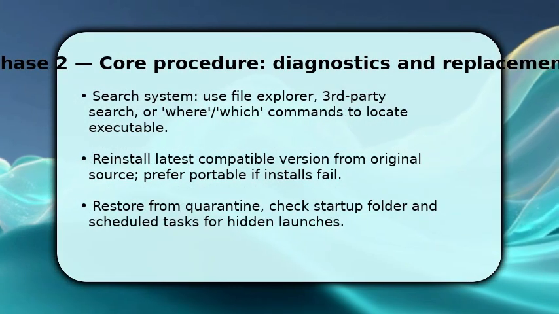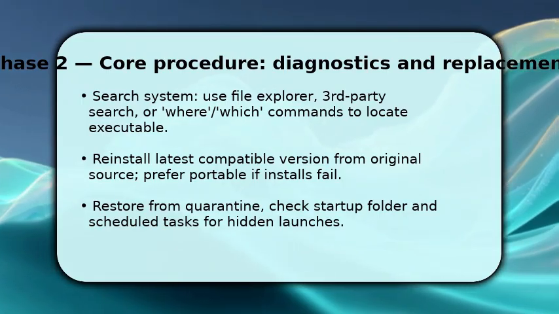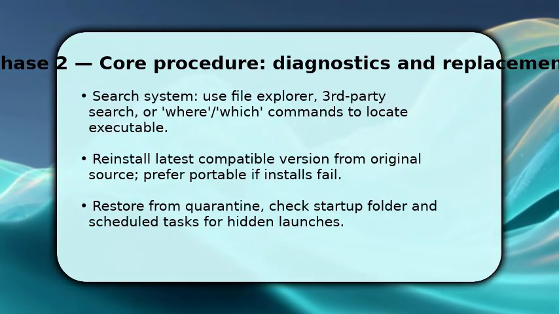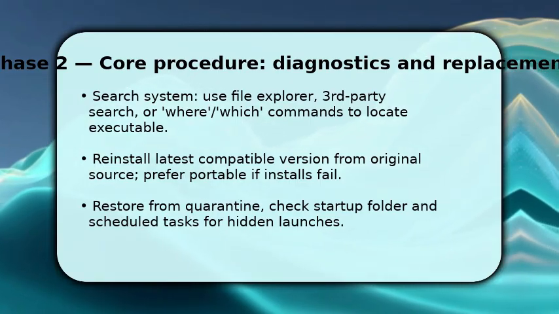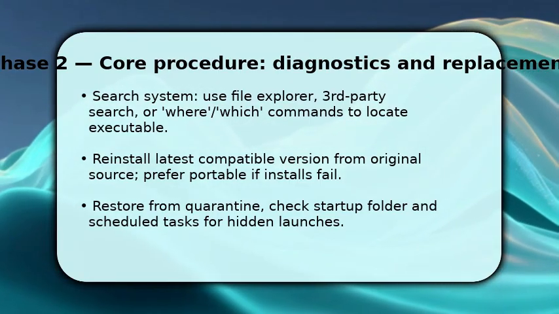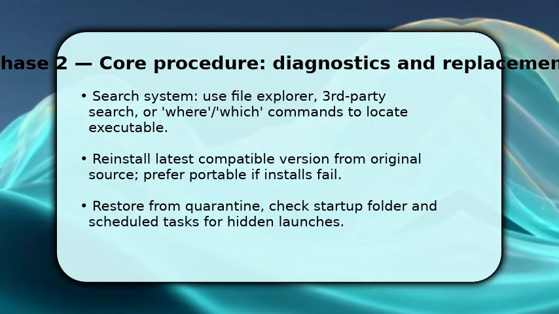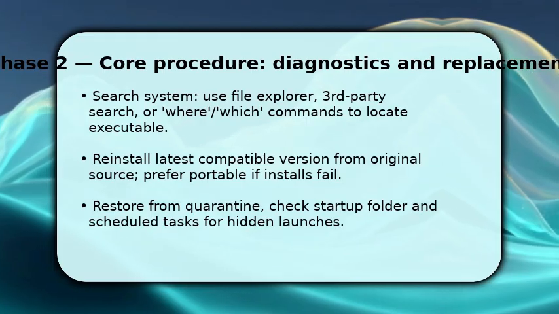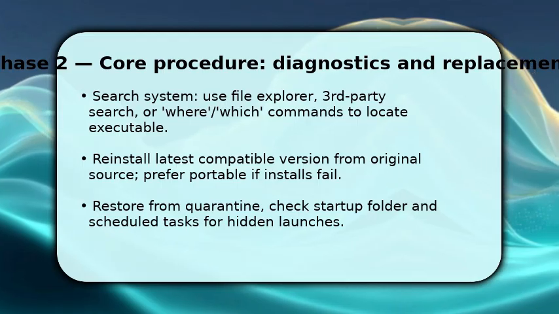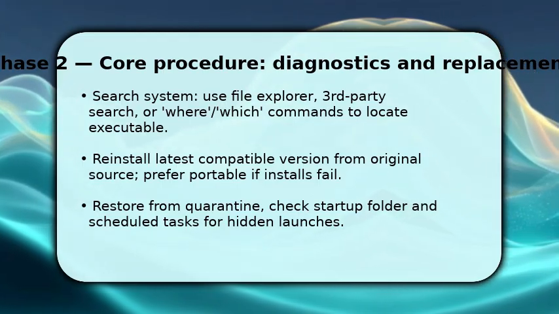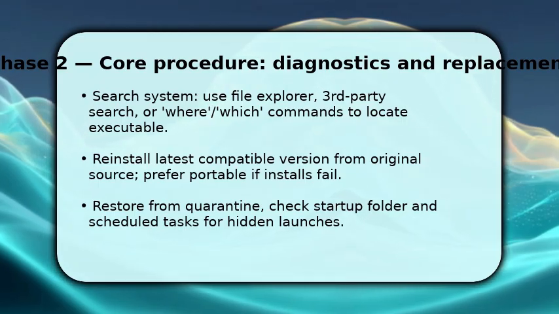You now focus on recovery. Start a targeted search with File Explorer or a command line where or which to locate the executable. If missing, download and reinstall the latest compatible version from the original source. Choose a portable build if installers fail. Once installed, check the startup folder and scheduled tasks. Some clickers auto-run from hidden locations. Make sure permissions are correct, and run the app once as administrator to confirm it launches, without being blocked by